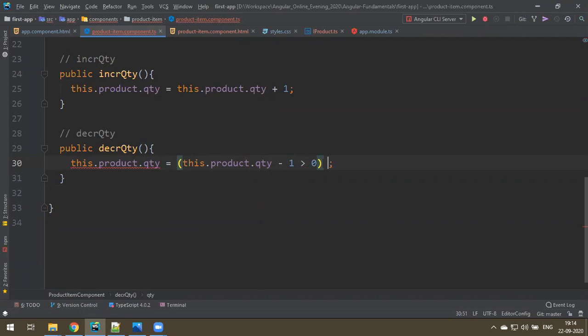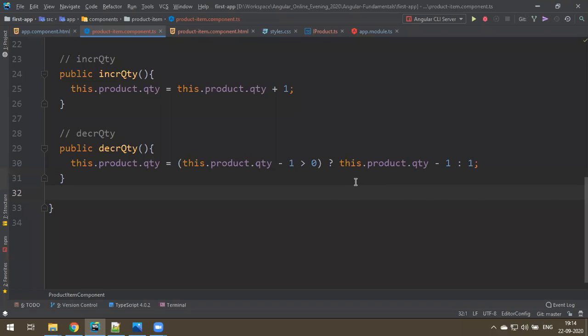I use a ternary operator because we learned it in TypeScript. I say this.product.quantity minus 1, otherwise 1. If you are going beyond, I mean less than 0, then the default value will be 1. However many times you click, the default value will be 1, otherwise reduce it. Okay, a small condition here.